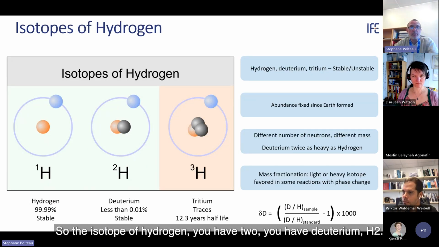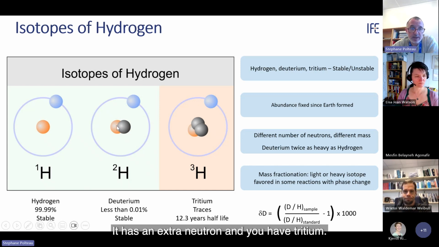So for the isotopes of hydrogen, you have 2. You have deuterium, H2. It has an extra neutron, and you have tritium. And tritium is